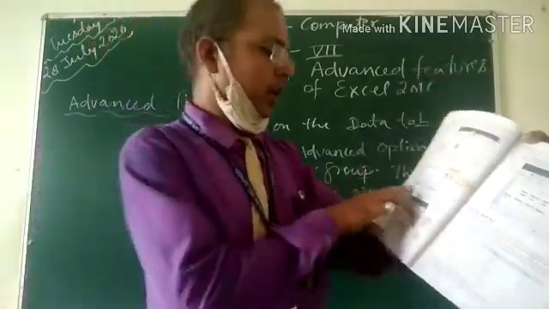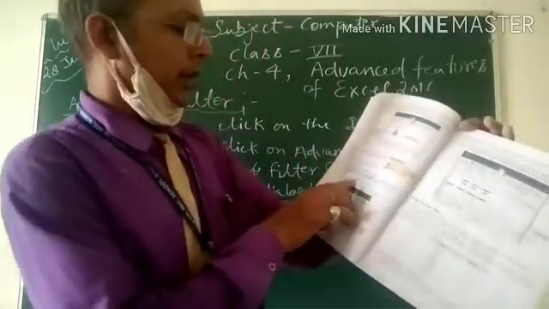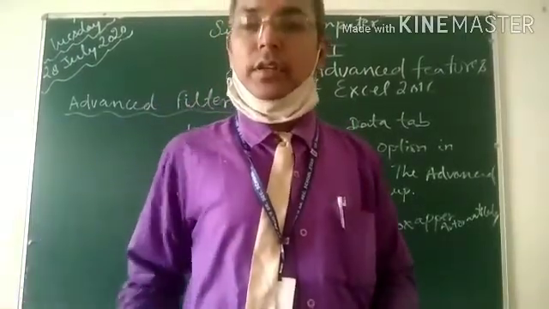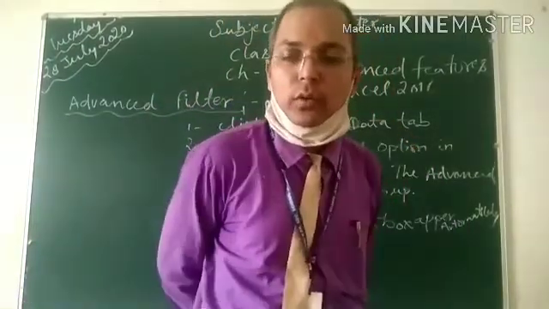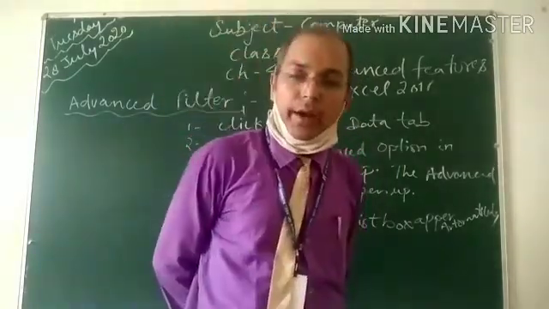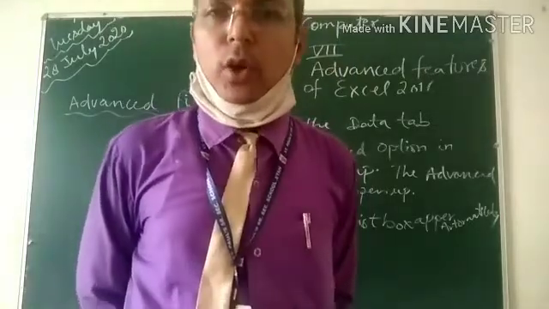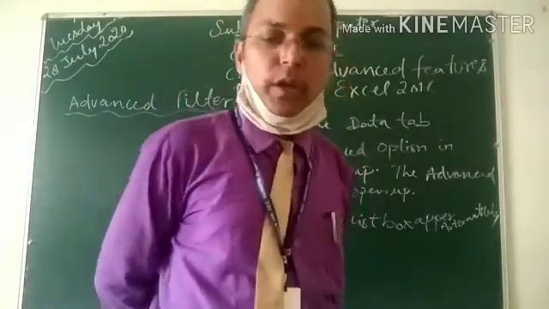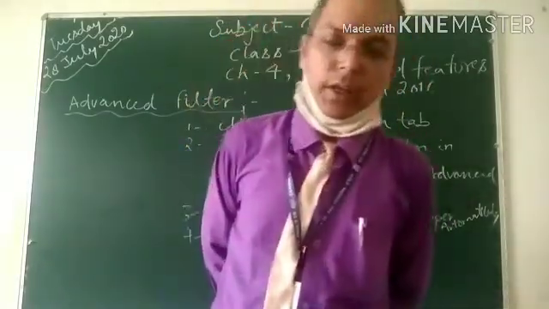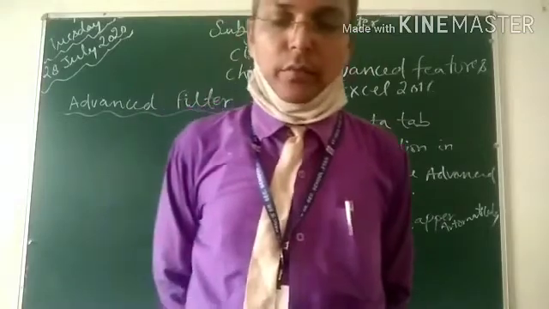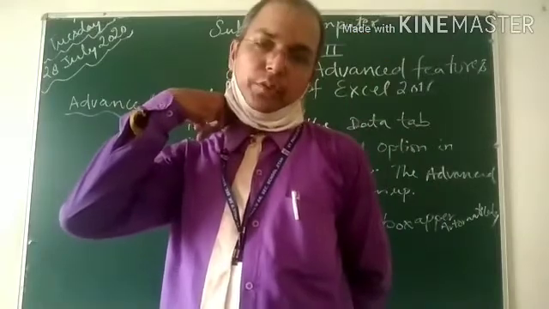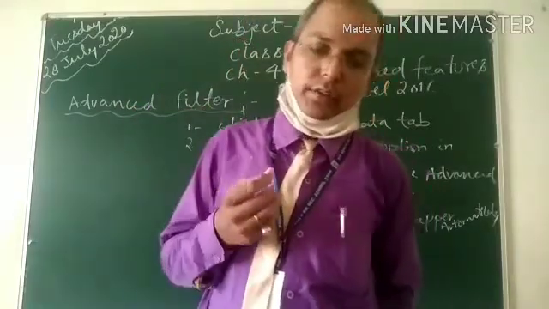How to use criteria? Option 1 and description. List range: the range of cells that you want to filter. What is the list range? The range of cells that you want to filter. The list range should include the header at the top of each column. Criteria range: a range of cells in which the filtering criteria are specified. Criteria range is option 2, list range and criteria range.